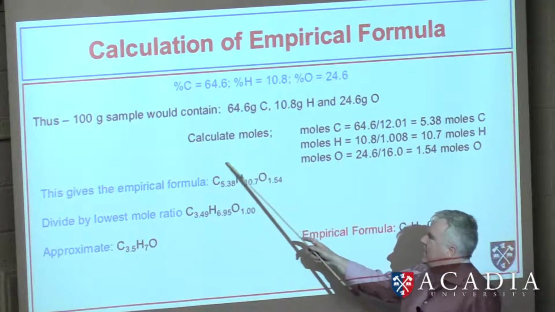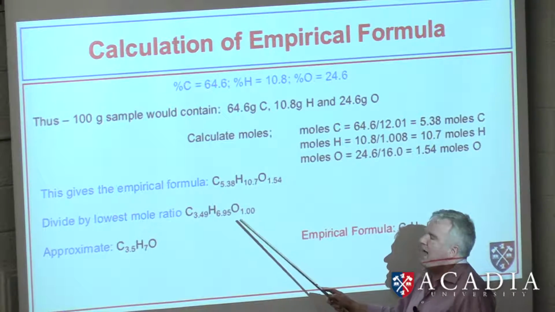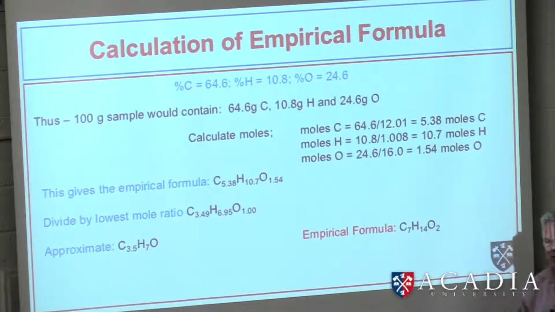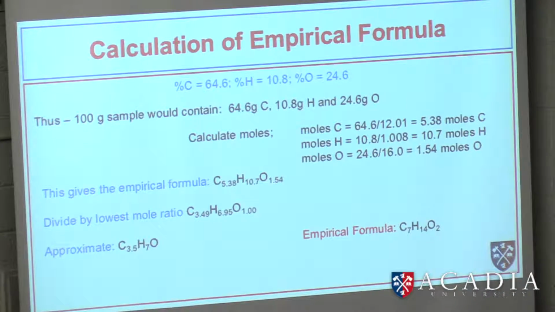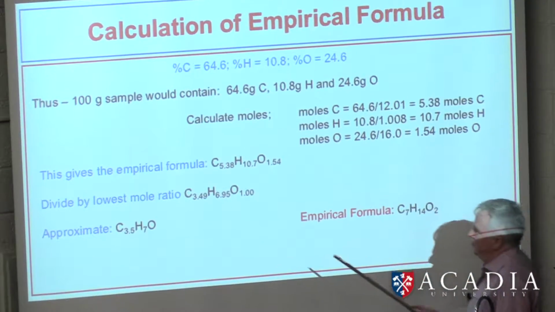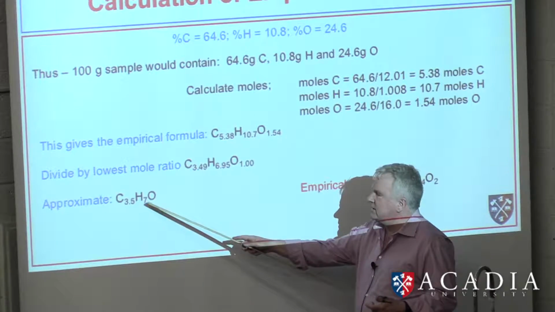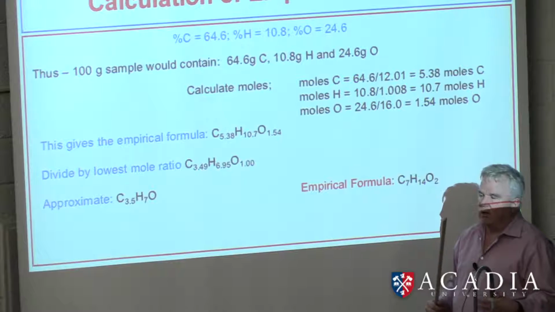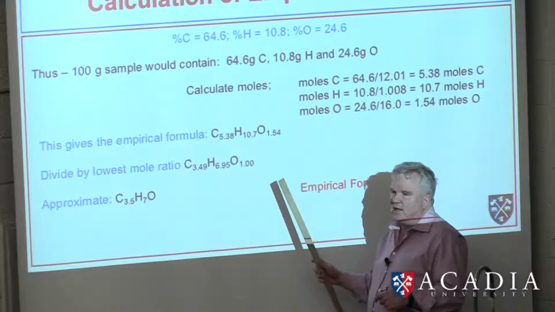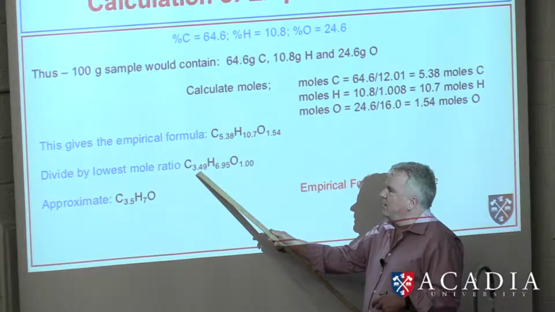That will give you something that looks like this. Divide by that lowest coefficient, and then you may have to multiply it. The question most students ask is, how do we know, like 3.49, we rounded to 3.5, 6.95, we rounded to 7. You have to have some idea as to the experimental error. And typically, the experimental error in these types of experiments is enough that if that were 3.4,